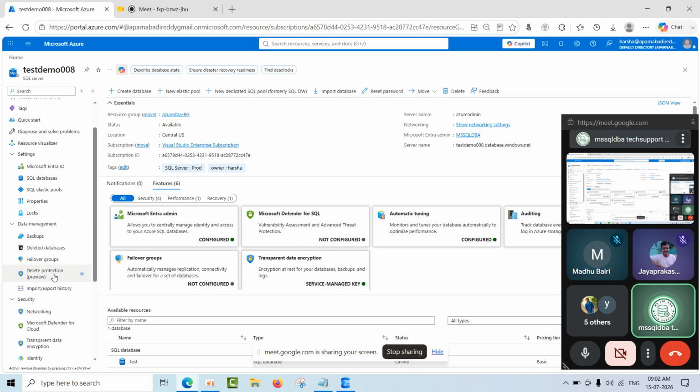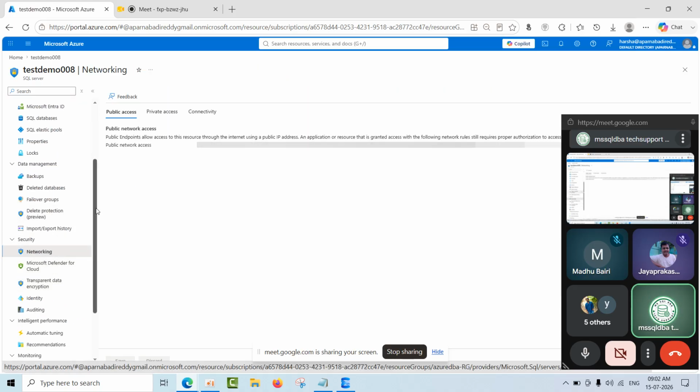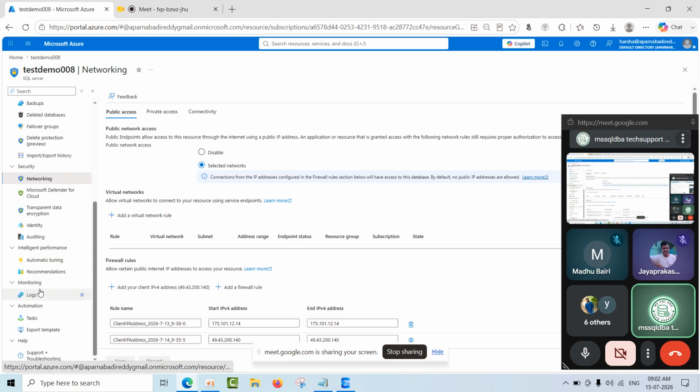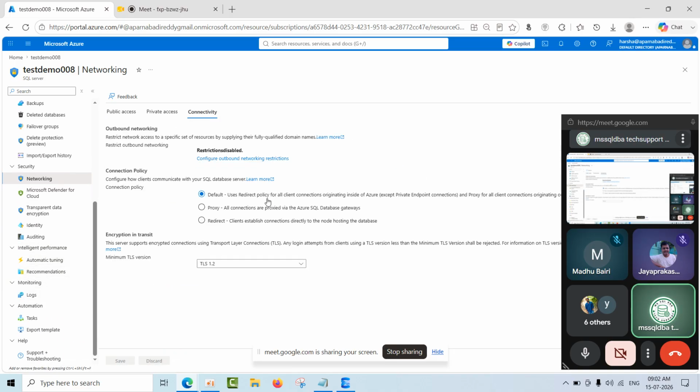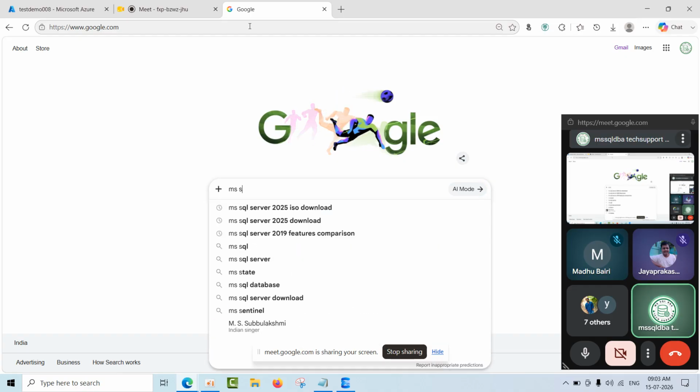May I know where I got stopped yesterday in the networking? Yes. Okay. First, we will complete this pane. For example, we are talking about the connection policies here, right? Okay. So, if I go online, MS SQL